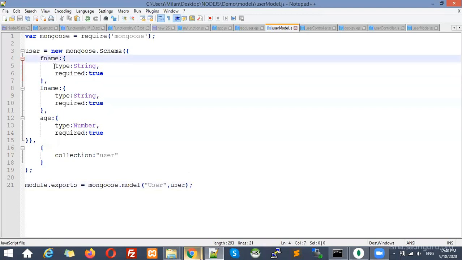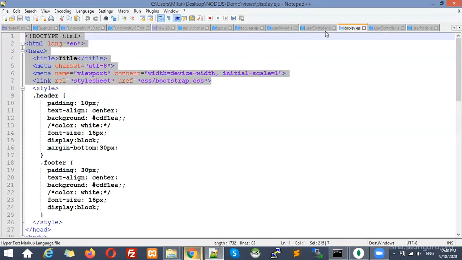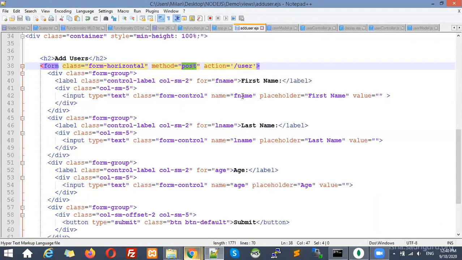Okay. One problem that we are getting is that this name and the parameter we are passing over here in the add form should be the same. The names can be different, but for that we need to use a different logic.